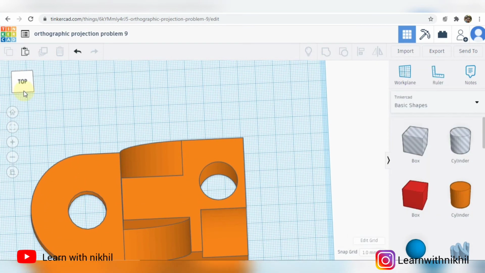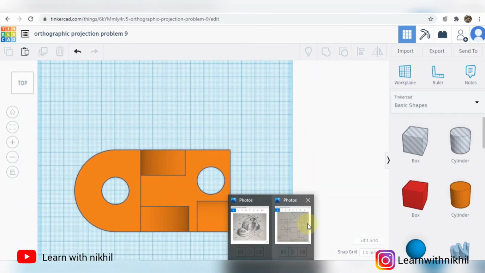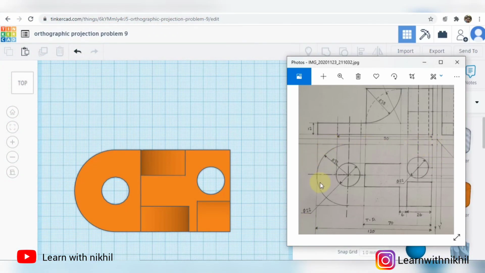Now going to the top view, this is the top view. You can see the semicircular part, the inner circle hole drilled totally, this curvature. The curved lines look straight from the top view.